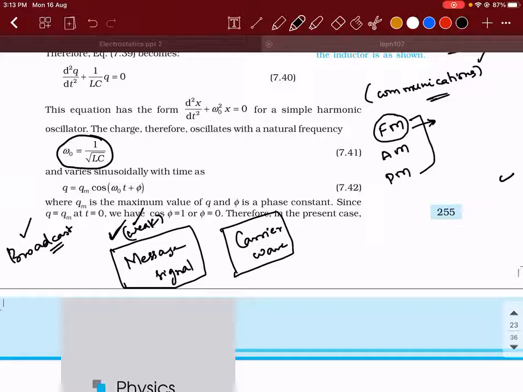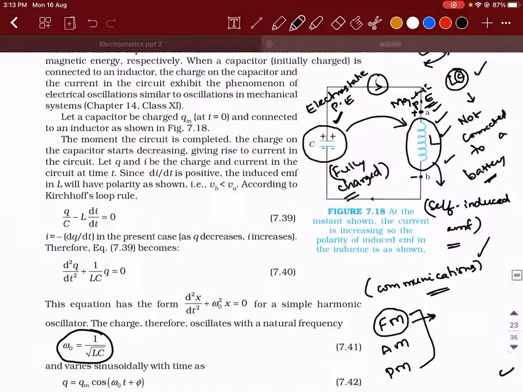So if this message signal has to be sent to a longer distance, you need to mix it with a wave called a carrier wave. A carrier wave is nothing but a high frequency wave. So what do I mean by high frequency wave? It is a high frequency wave because high frequencies are generally easy to transmit to a longer distance. So the question is, message signal is generated by me. Who is going to generate this carrier wave? If I need a high frequency signal, who is going to help me to get this input? And the answer to that is an LC oscillator.